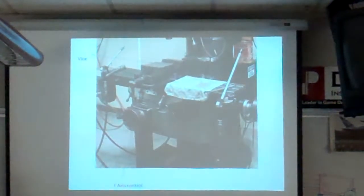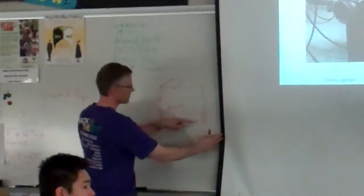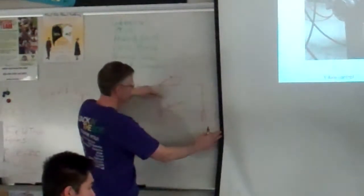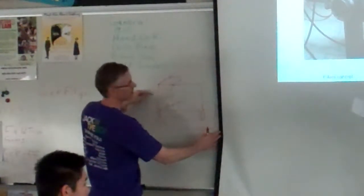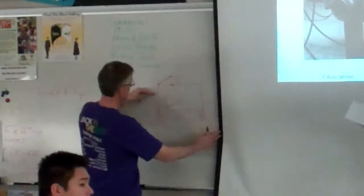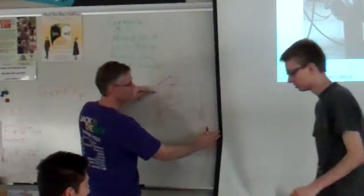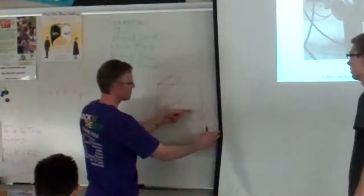Here's the vise right here, and the piece of aluminum is set all the way down into the bottom of the vise. It's tall enough, but it wouldn't be tall enough for the mill to come in and make the cut that you wanted to, for example. Okay? And so you'd use these parallel bars to basically lift it off the bottom of the vise by